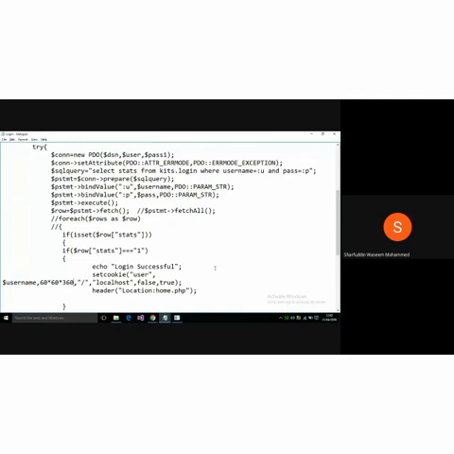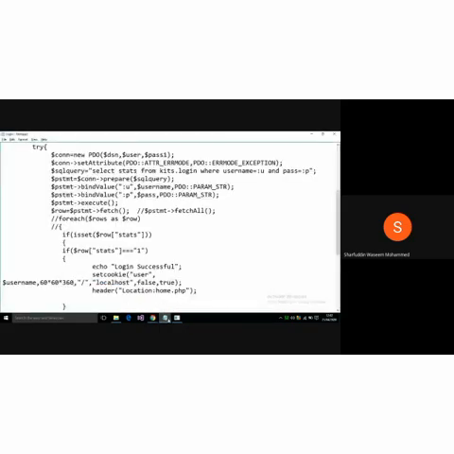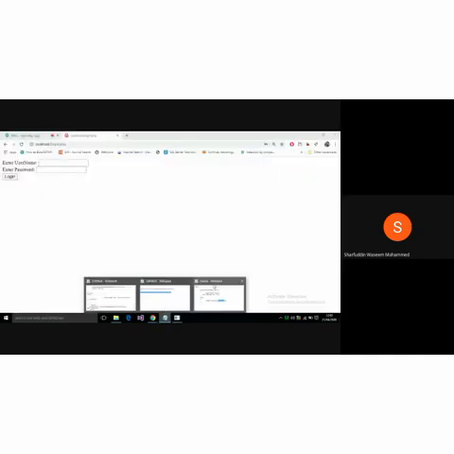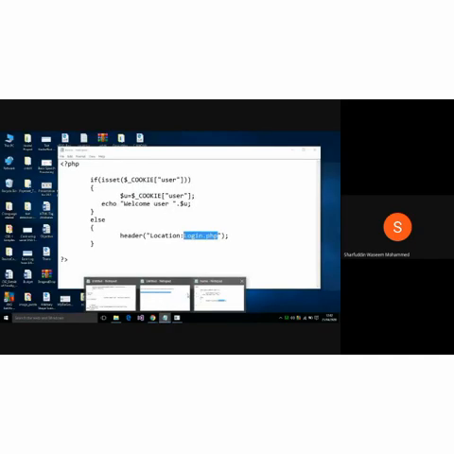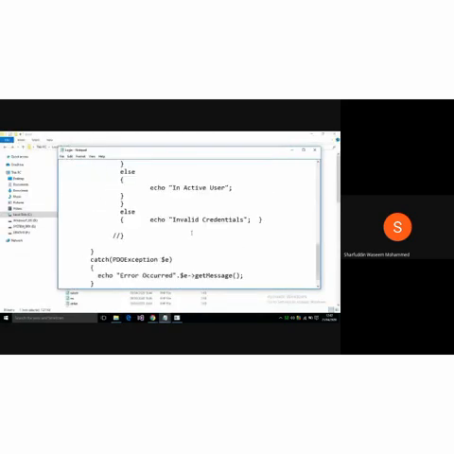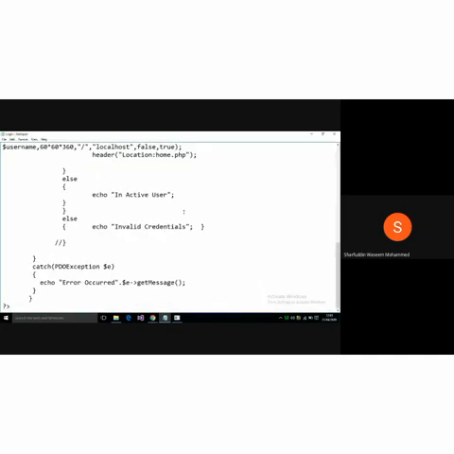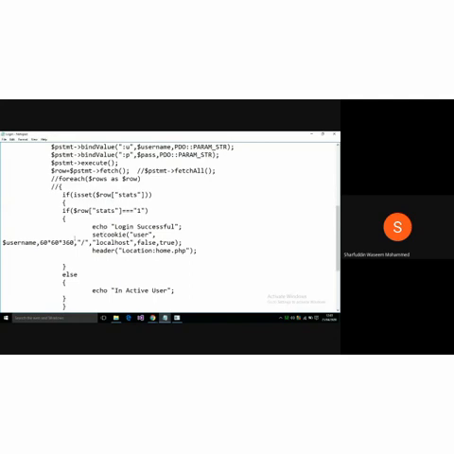I will confirm that for you. We can check this. For example, okay, the cookie is expiring within no time actually.